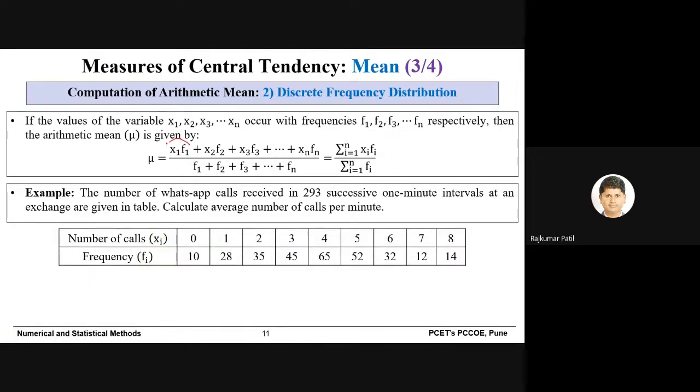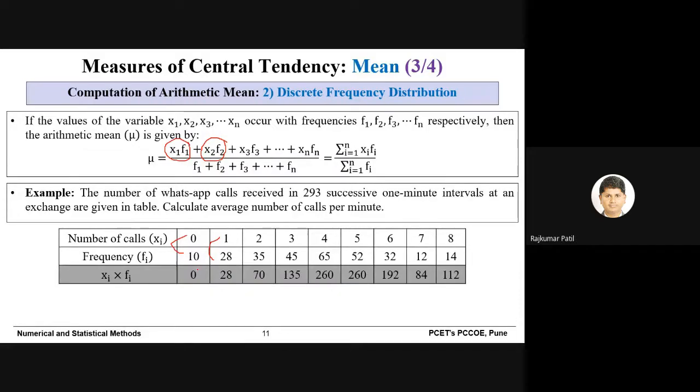We calculate x1 f1, x2 f2. That is, just take the product of the x value and the corresponding frequency value. So same thing we did. So 0 into 10, answer is 0. 1 into 28, answer is 28. 2 into 35, answer is 70. So this is how you need to prepare another row where you will get the product of x and corresponding